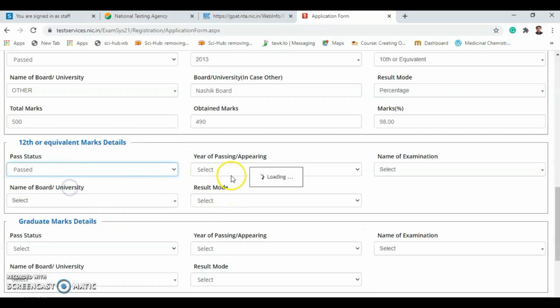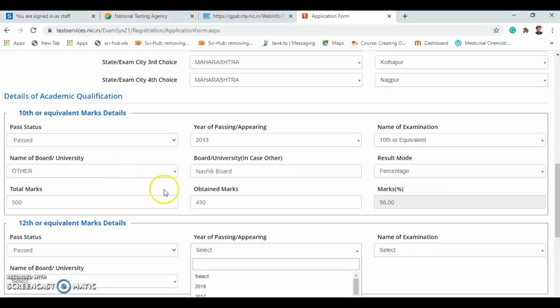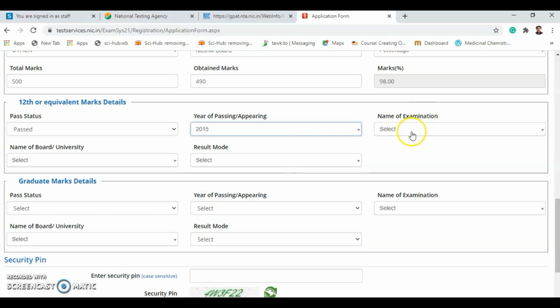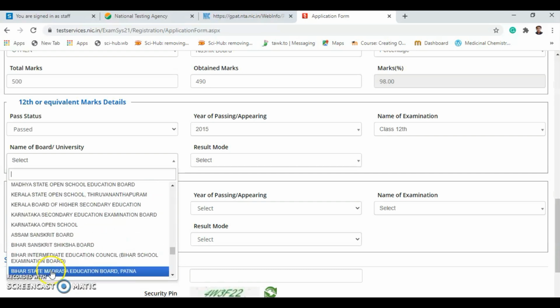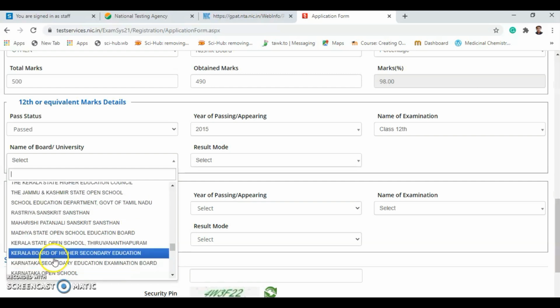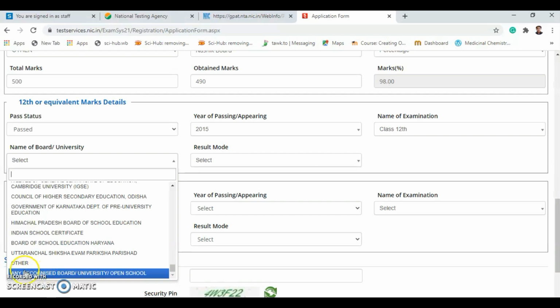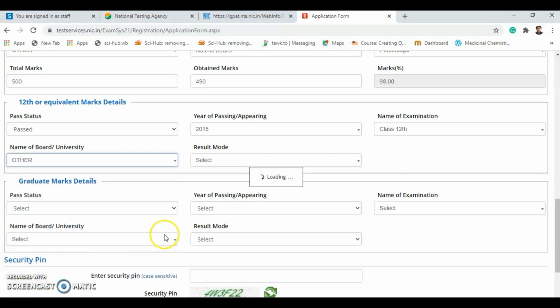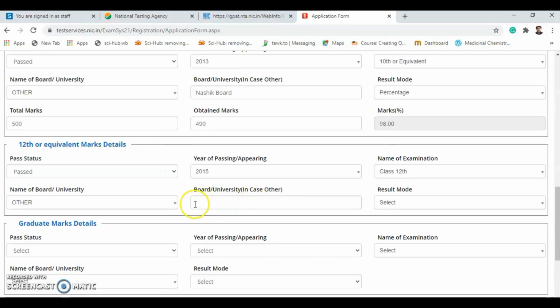12th, passed. You need to mention the year of passing, name of examination, class 12th. Select board. Again, if your board is not visible over here, then you need to choose other, and type the name of the board.